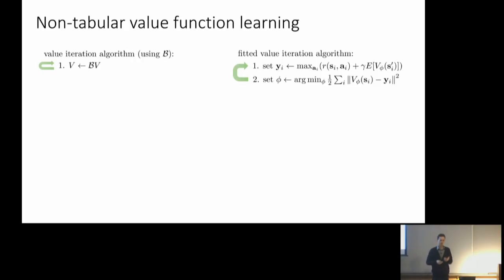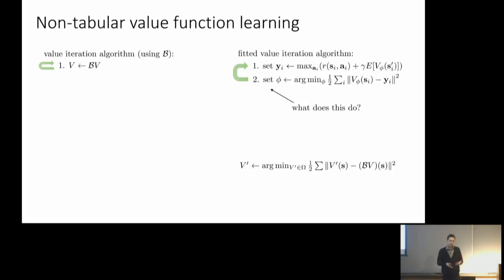So what is a regression problem? How can we abstractly represent this step 2 with an operator? What does the step 2 actually do? Well, one way that we can abstractly represent step 2 is we can say it's doing learning, and learning means that you have a space of hypotheses and you're trying to find the best hypothesis in your space. So let's say that your space of hypotheses is omega. Maybe omega is the set of all neural networks, or maybe the set of all neural networks with 100 hidden units and 2 layers or something. And you're going to find the best hypothesis in that space, best according to what cost?